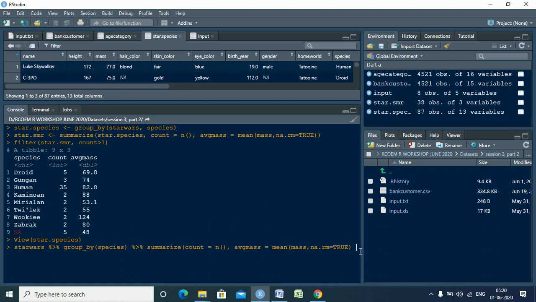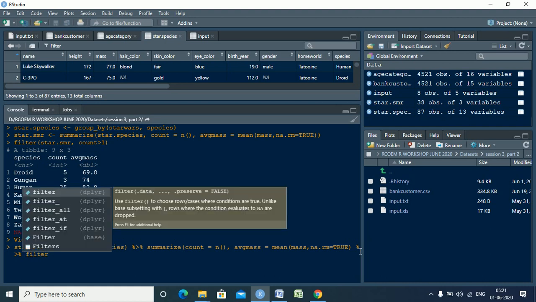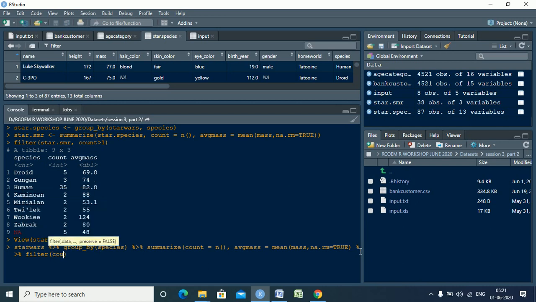Next again a pipe operator, percentage greater than percentage, and now I want to say filter count greater than 1.